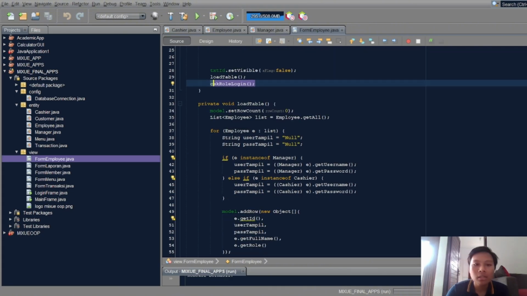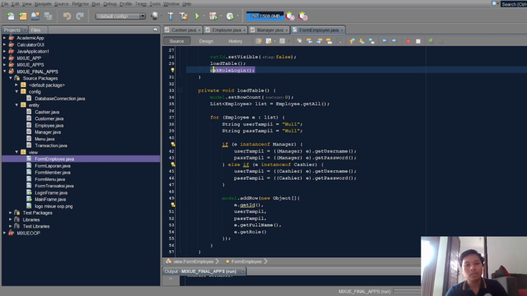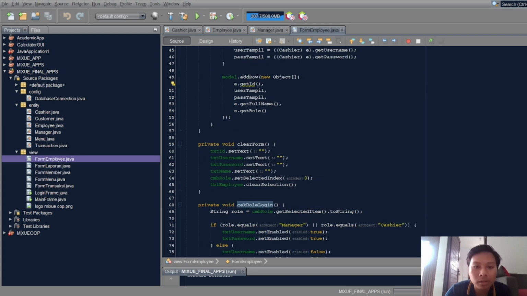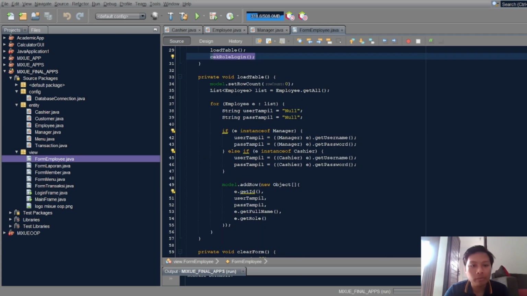Load table behavior is for when we need to know if the row is a manager or just a regular employee.